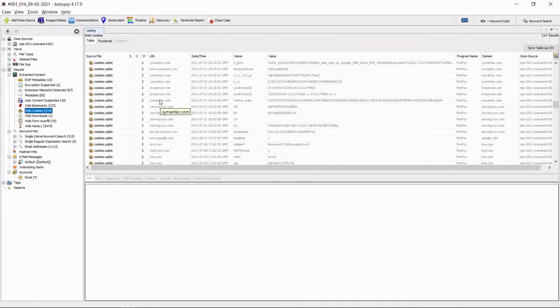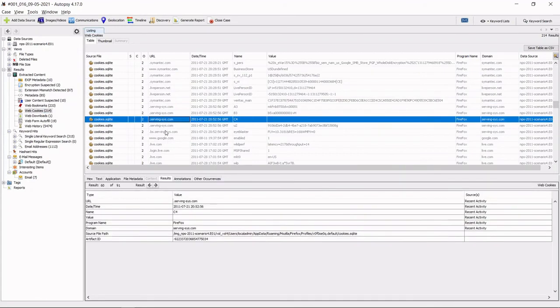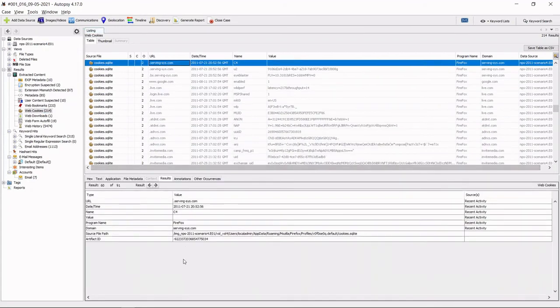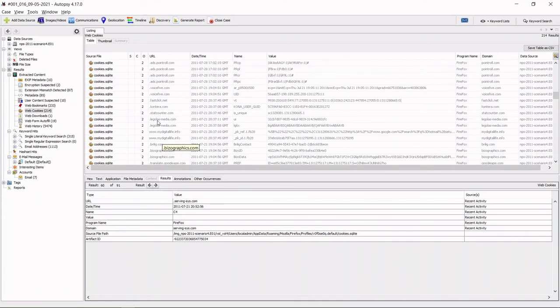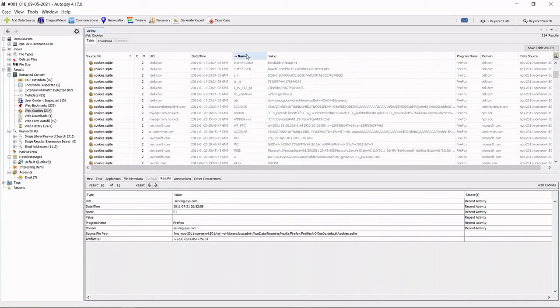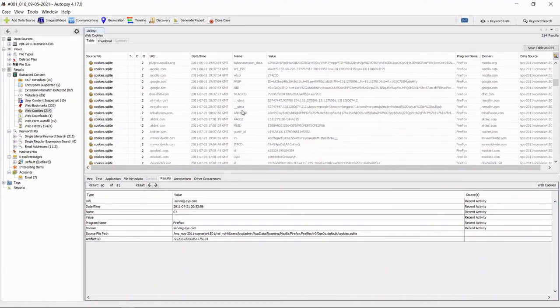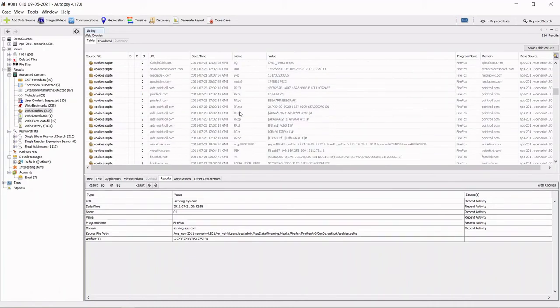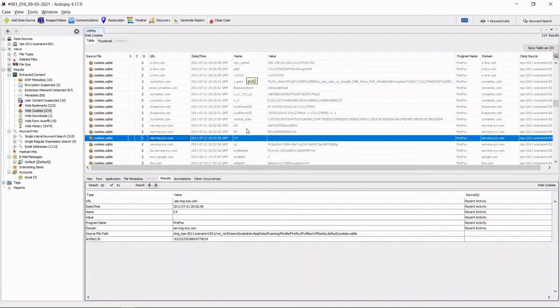Okay, so this I can see semantic. These are the cookies. I guess the name is of the user, but these usernames are not making any sense to me right now.